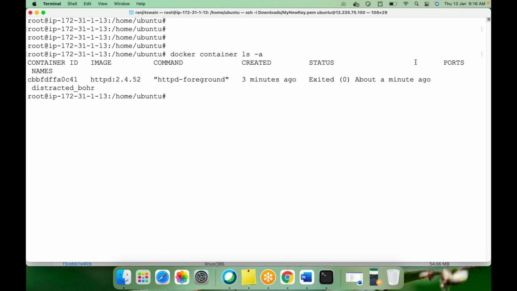Hyphen a is like a hidden file to be displayed. Normally in a Unix command, if you do ls -a, it will give you the hidden file information. But in Docker, the same ls is used, but here the a means